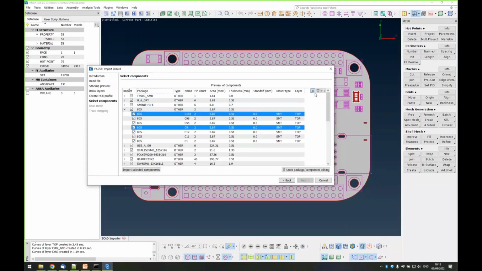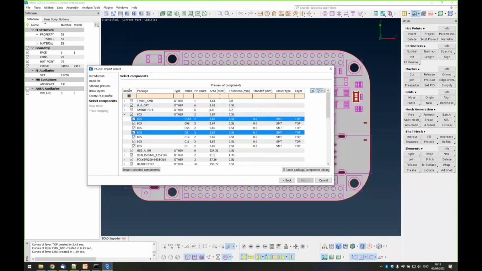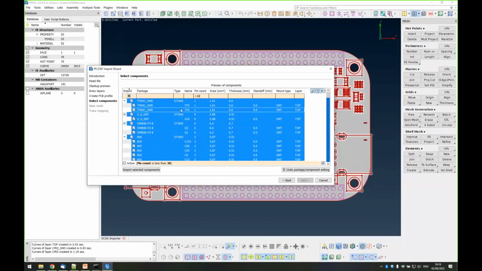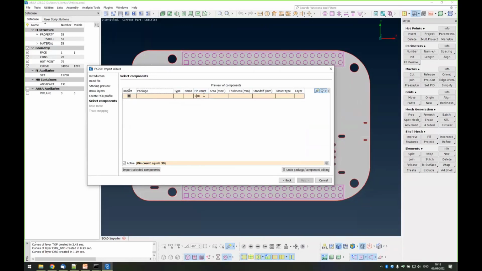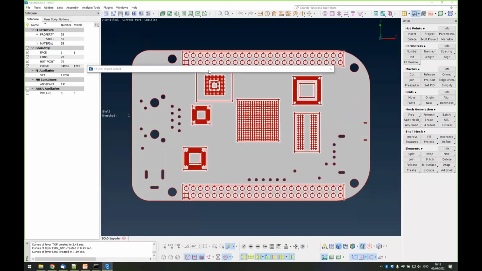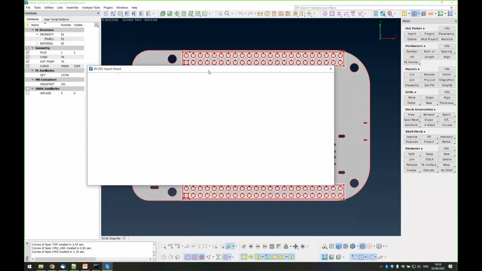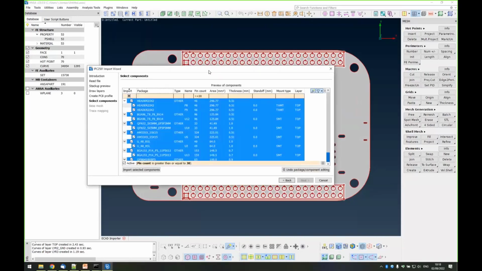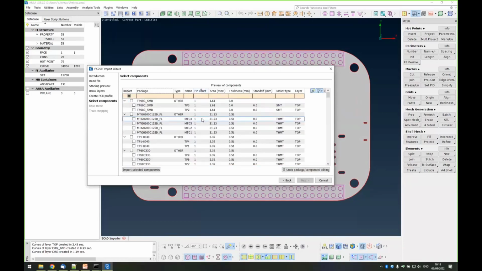And we can also filter. For example, let's say I don't want components that have less than 30 pins. Then we can right click, remove from import, and they are automatically removed. And now we can see which are left. Okay, we have only these components, and we can also deselect some of them. For our purposes now, let's go and sort them according to pins.